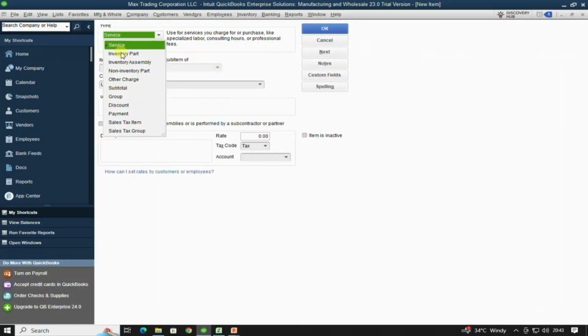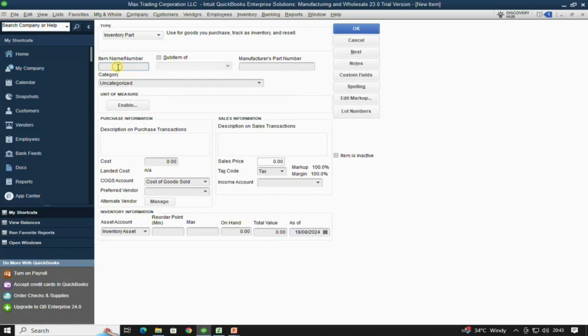So here we will select inventory part, not service. This is the inventory part we are creating. So I will give one code, item name or number. You can give any number for this item, or you can give a smart description of the item, like this is for Dell laptop. I am creating one code. So 102, I will write here